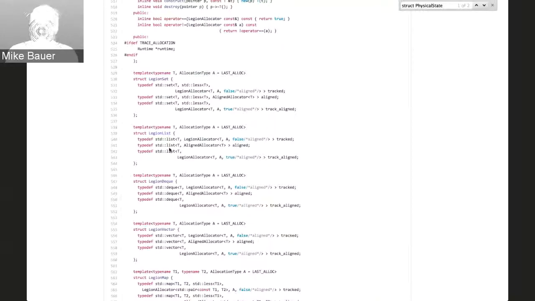One of the other important properties that these various Legion data structures support is that they actually allow us to do alignment of these types that are going to be passed into these various data structures. You can see in some cases here, we have different variations of the set, depending on whether or not we want our allocator to do alignment. So we can pass in false to do unaligned, or true to actually do specialized alignment for this